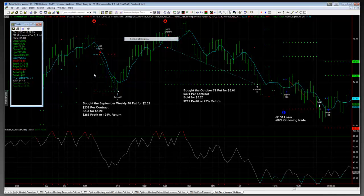And then you'll see a series of green dots below. Those are our target levels. A series of red dots above. Those are our stops. Now, this is where it gets powerful because a lot of the buy side only traders,